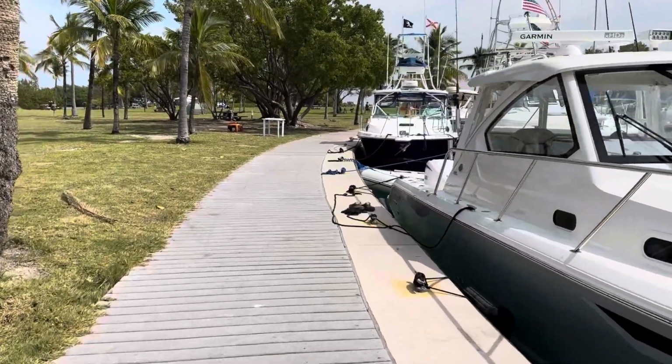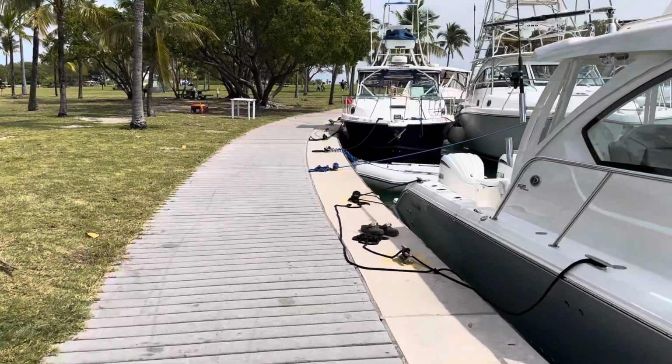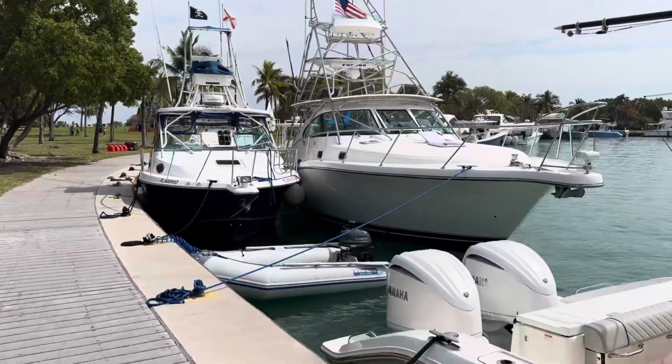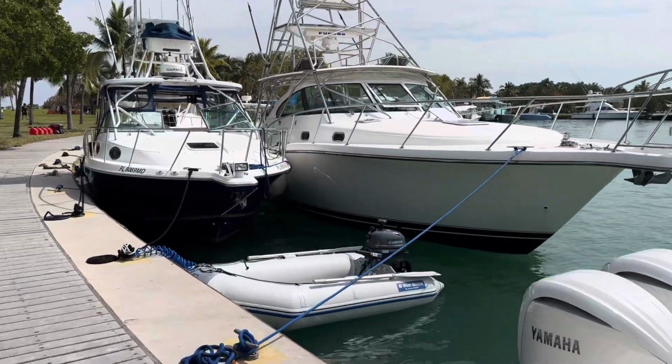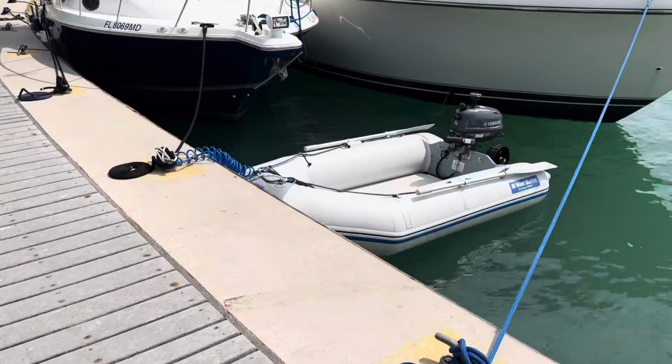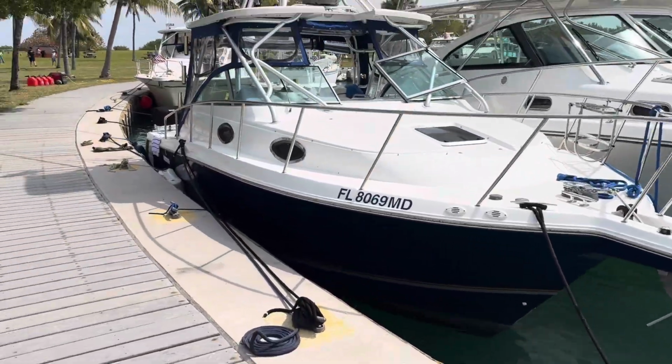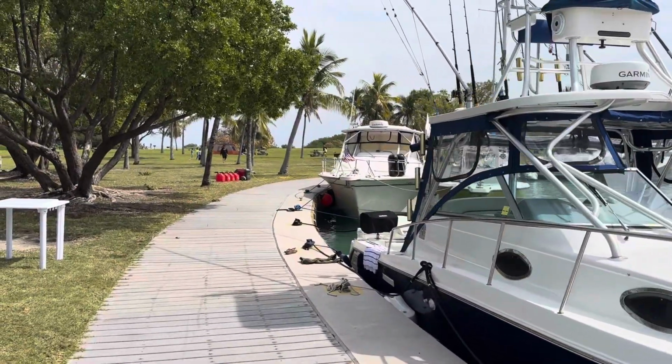So there it is, right in front of that beautiful blue and white boat there. Is our teeny dinghy. That boat is rafted up with that boat. And we tucked in between and we just tied up at the dock and locked it up, and hopefully it'll be there when we get back. Otherwise